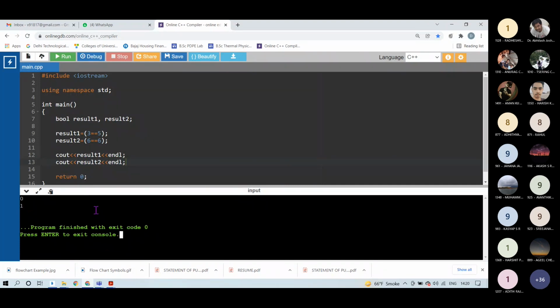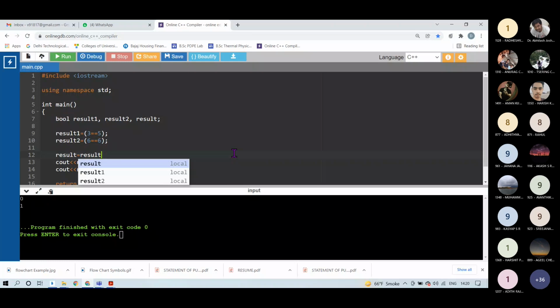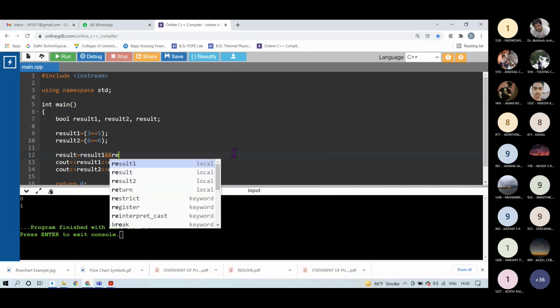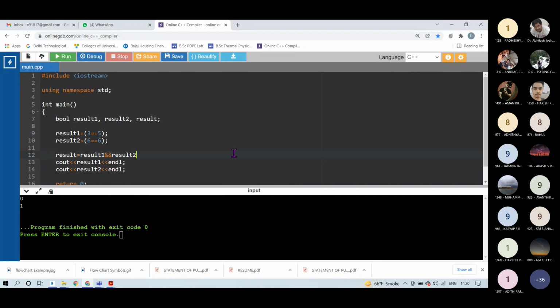Very good. Now can you tell me what will be the result if I perform AND operation on both of these? Zero. Very good. 0. Result1 and result2.